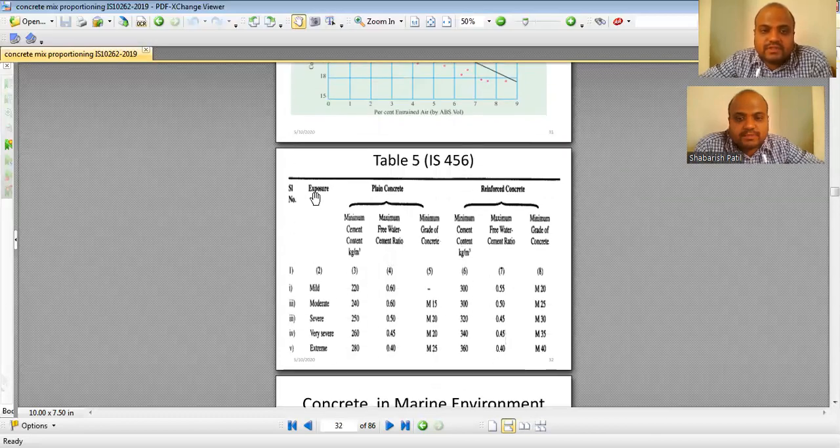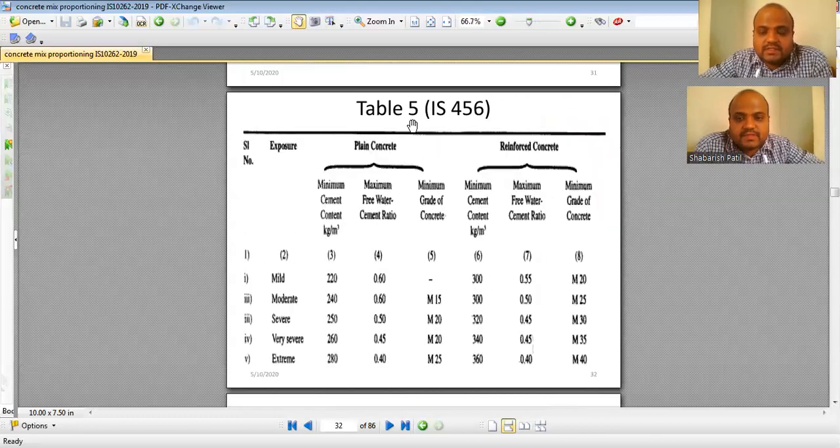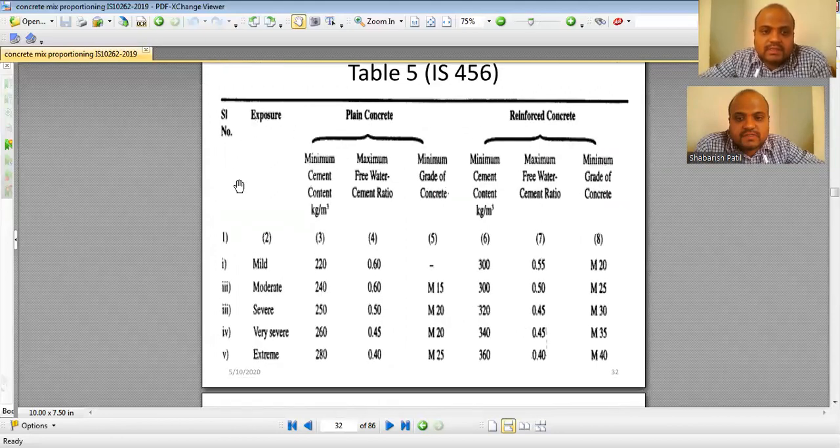Now, I was talking of these exposure conditions. This is table number 5 of IS 456. There are exposure conditions: mild, moderate, severe, very severe, extreme, and then there is plain concrete and reinforced concrete. Plain concrete is concrete without any steel in it. Reinforced concrete is where we have steel in it.